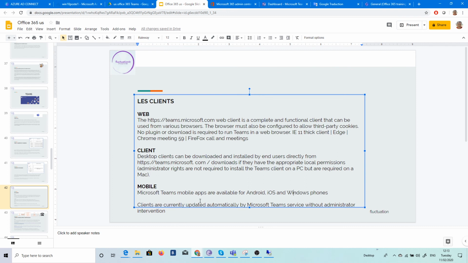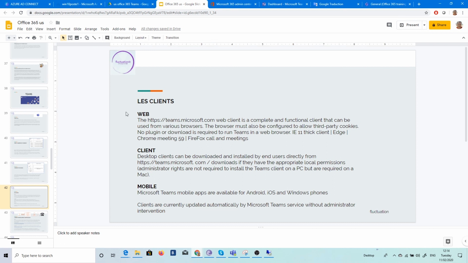And remember that the clients are automatically updated without admin intervention. So this is very nice. Okay, so this is the first